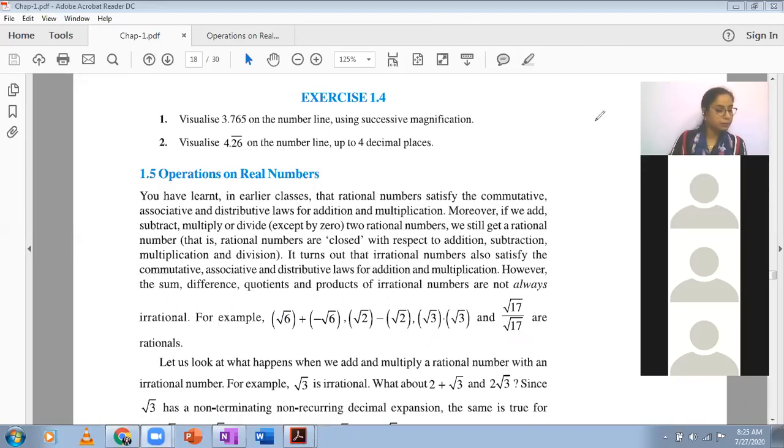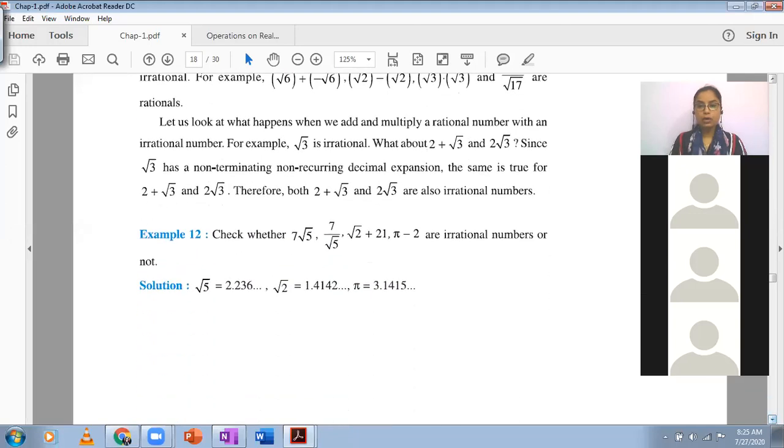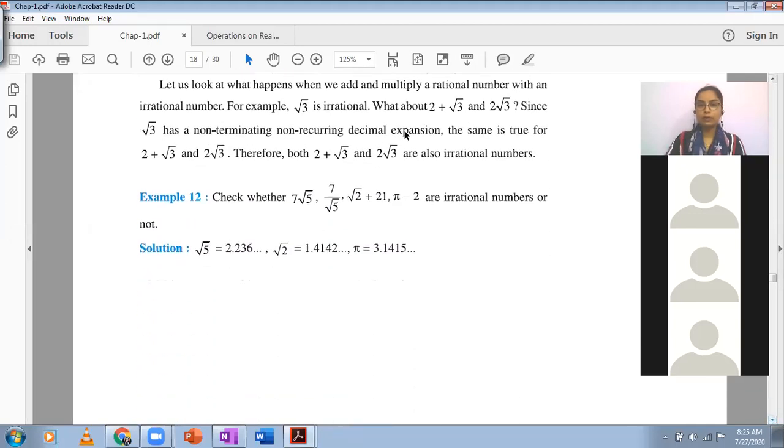There is another example. If you consider example number 12, example number 12 actually shows you how it happens when we are dealing with rationals and irrationals together. So over here, if you just look at the first part, 7 into under root 5, this over here is a rational number, this is irrational. And this is multiplication of 2. So its answer will be an irrational number because root 5 has a decimal expansion which is non-terminating, non-repeating.